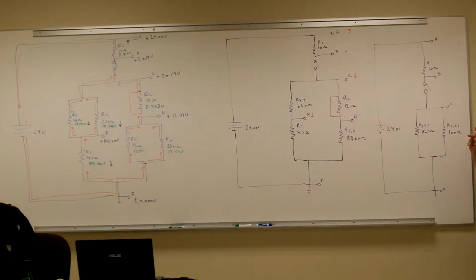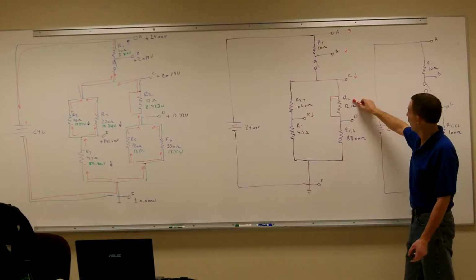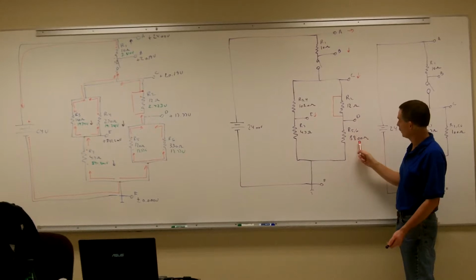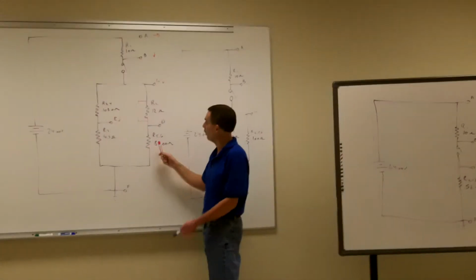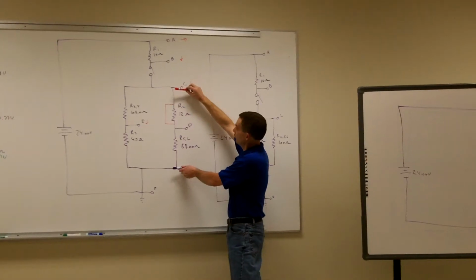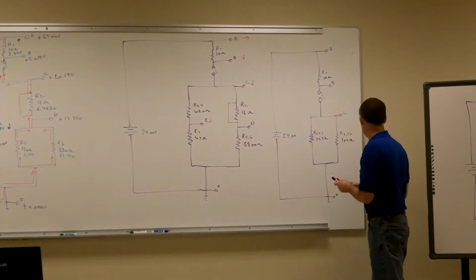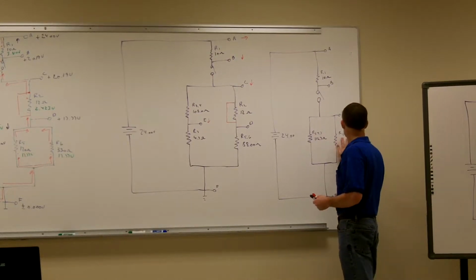That makes sense of what I'm asking for? Okay, so R2 is 0 ohms now, right? R5 and 6 is a combination of those 88 ohms. What would I get if I add 0 ohms to 88 ohms? 88 ohms, okay? So now let's change to